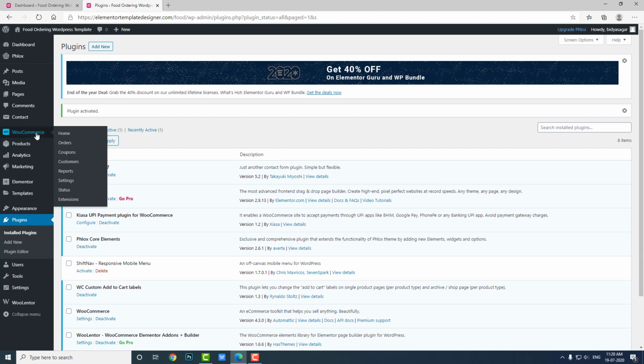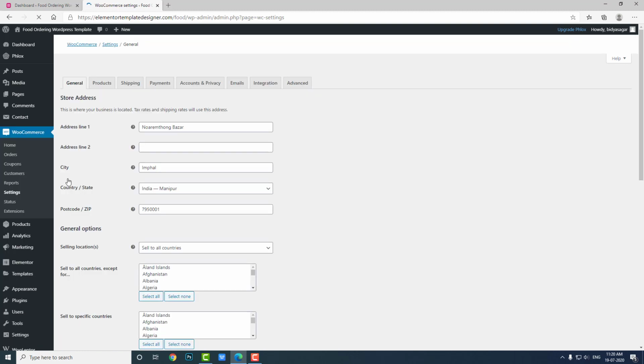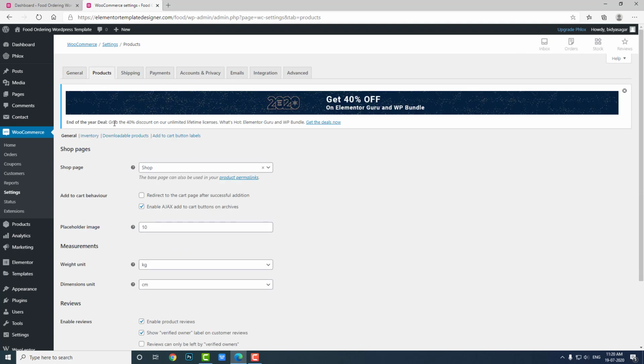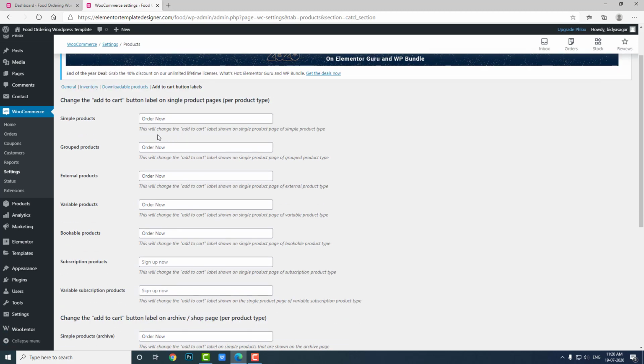Go to WooCommerce settings, products, Add to Cart button labels. Here you can change the label for Add to Cart in different scenarios: simple products, grouped products, external products, variable products, bookable products, subscription products. This scenario here